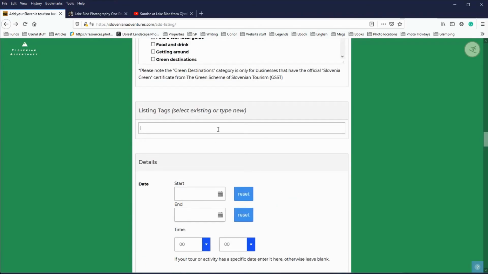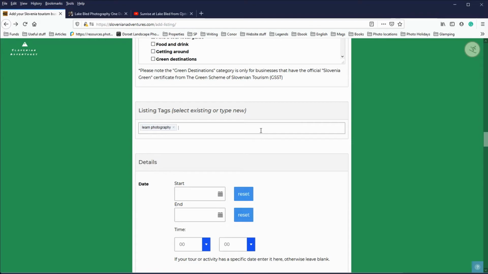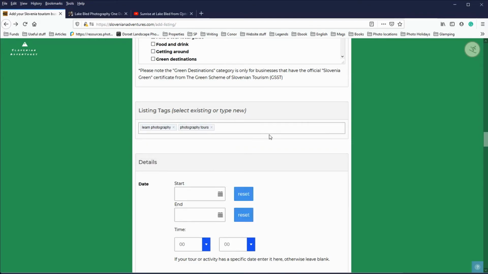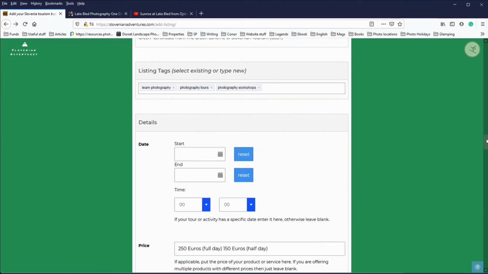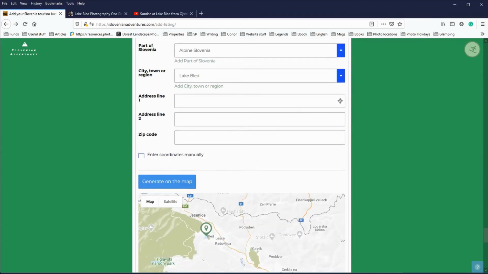Now, I can do some listing tags. So, for example, if you start to type something in, it may come up with suggestions already. So for me, I can type in learn photography, photography tours, and photography workshops. So these are some that are already there, or some that I've entered before. And that's it. Once you're sure everything is good,